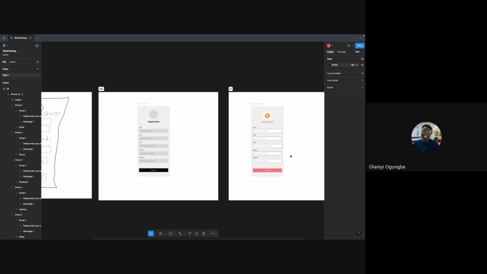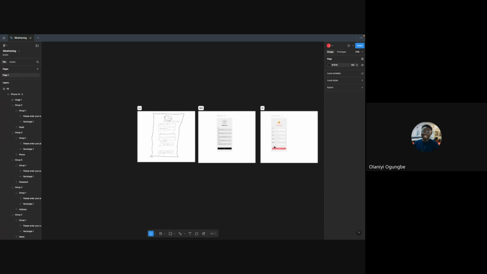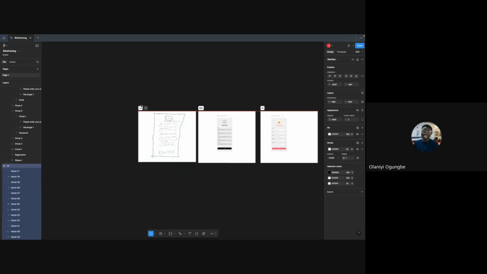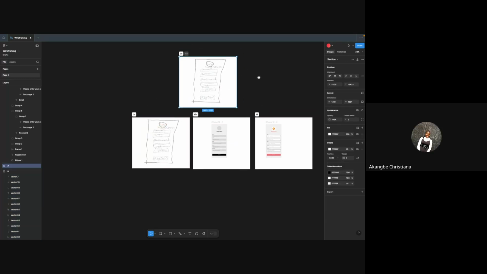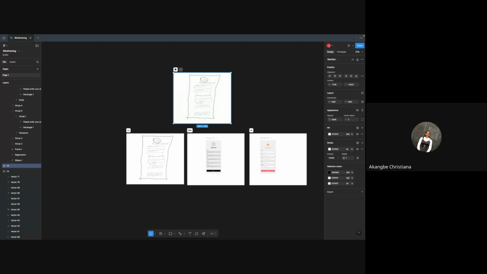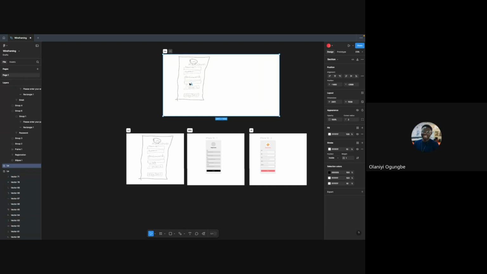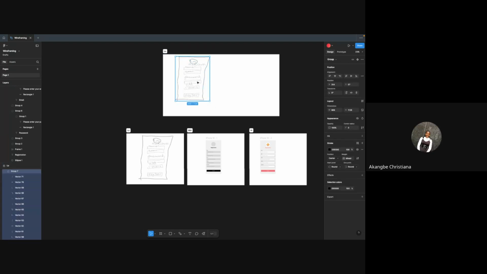Can you see the three? Let me put the three side by side so I can zoom in properly. Sorry, I want to ask a question. The logo for the design was gotten from Explore Community, right? No, I basically just went to Google and wrote random logo and put it there.